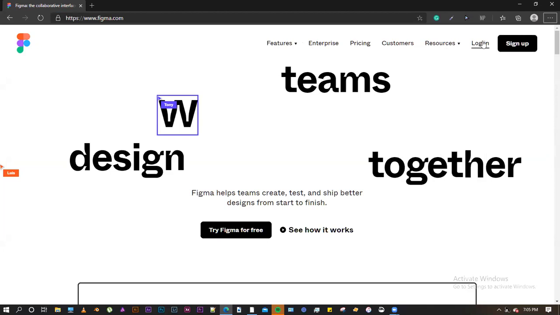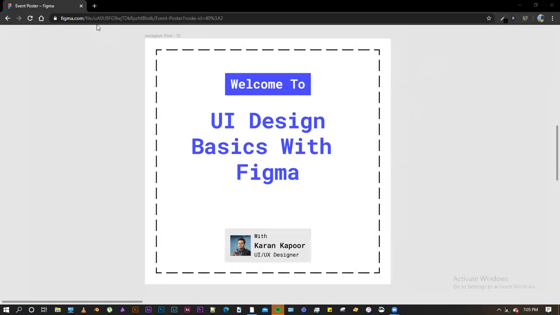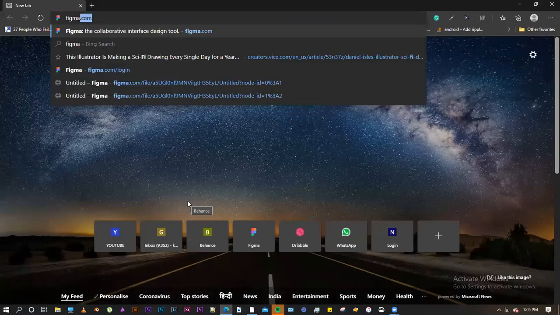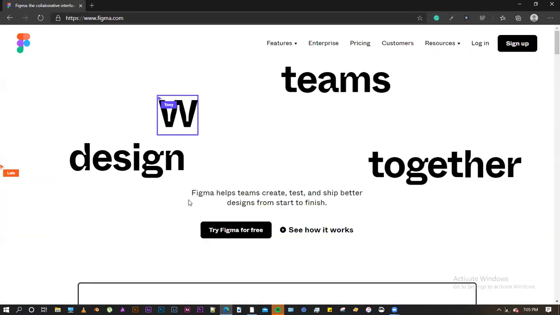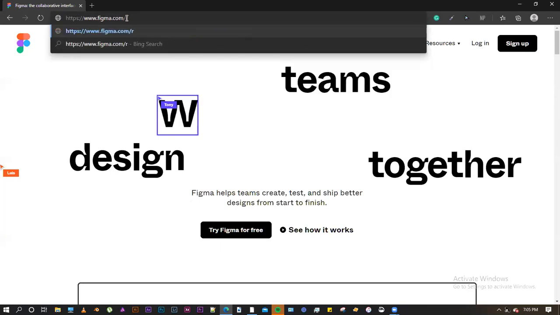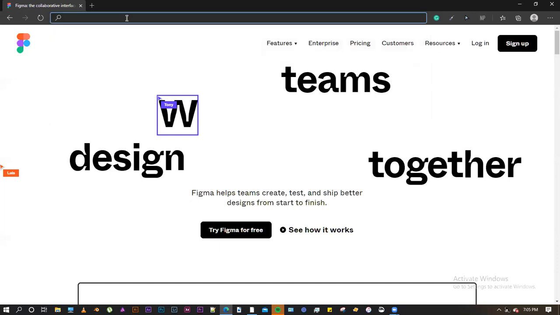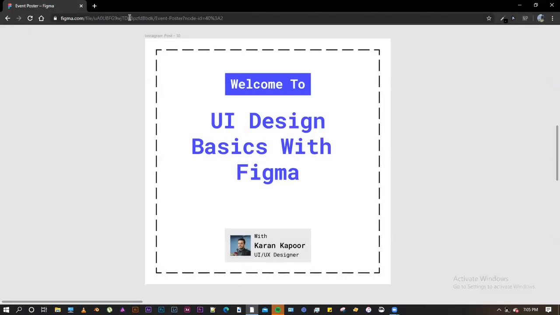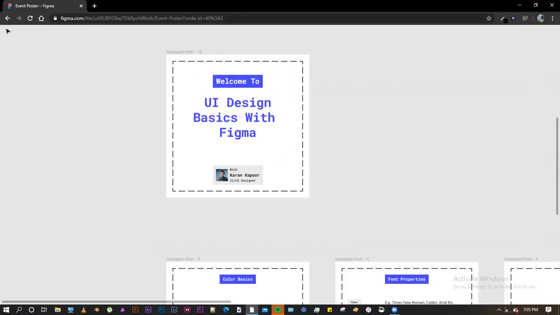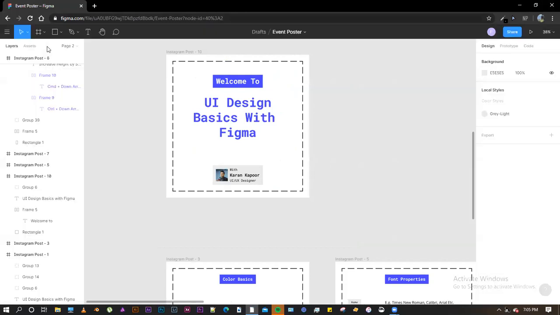Never mind. Just a second. I don't know why it is not letting me log in. So let me show you how it would look for a first time user after you log in.